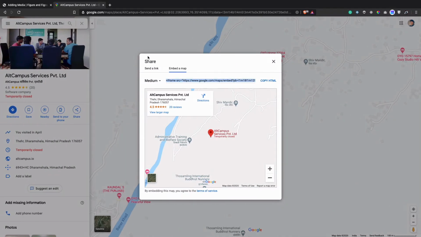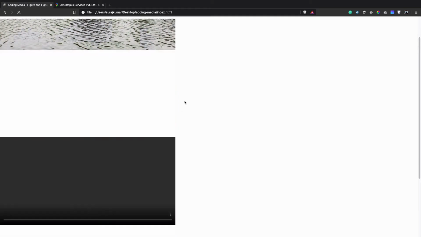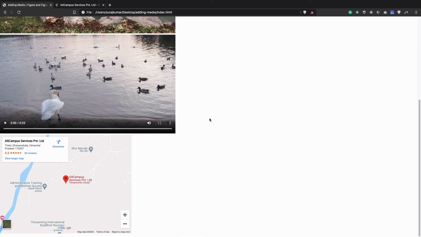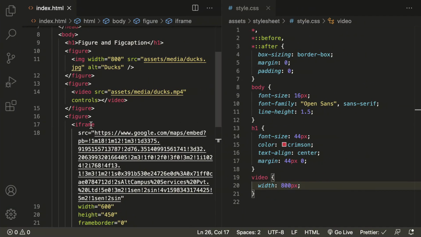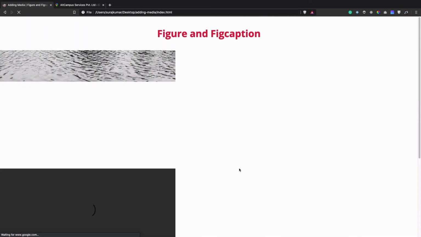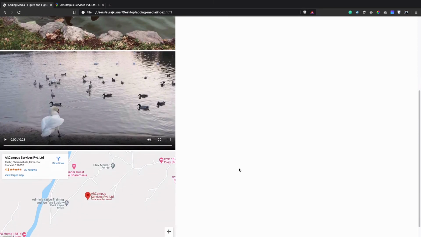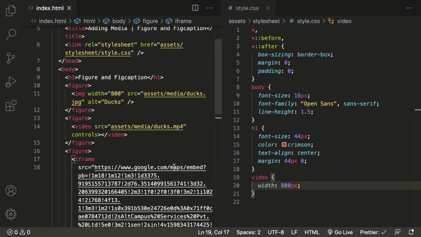Now save it, then go to our page, then give it a refresh again. Here we have that map which we have wrapped inside the figure tag. So let's make it 800, save it, and give it a refresh. Yeah, perfect. So this is how we use the figure tag to wrap any kind of self-contained content or any media that we want to display on our page.